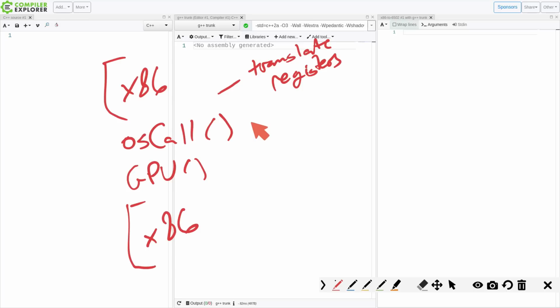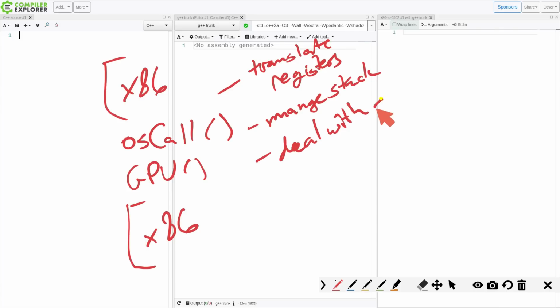And then we're going to have to do things like manage the stack, and in general, deal with calling conventions, because the calling conventions are different. The calling conventions, that is how we know that if we're going to, well, it's just about time for us